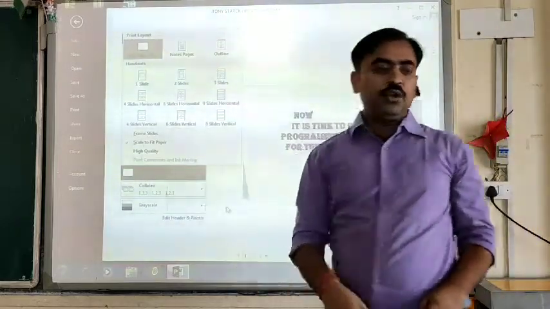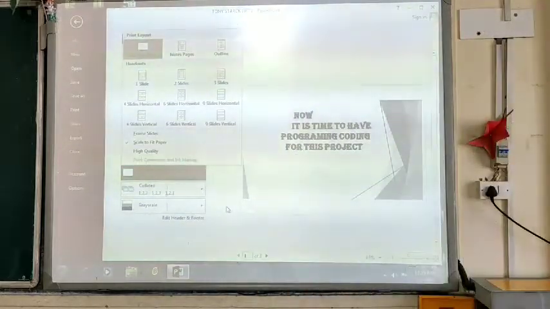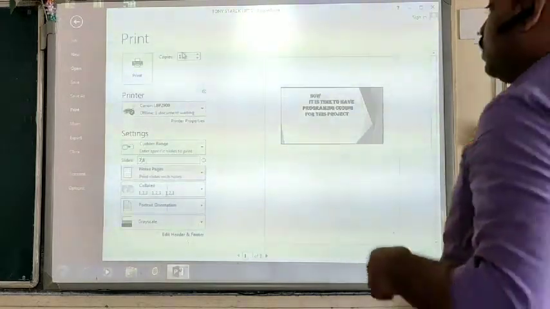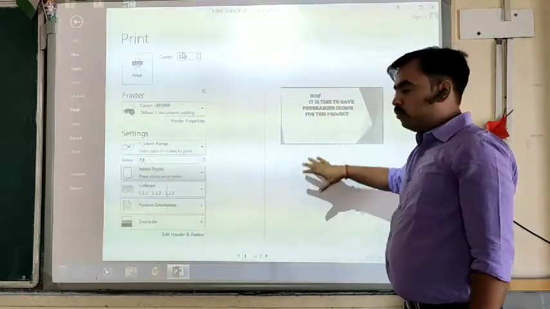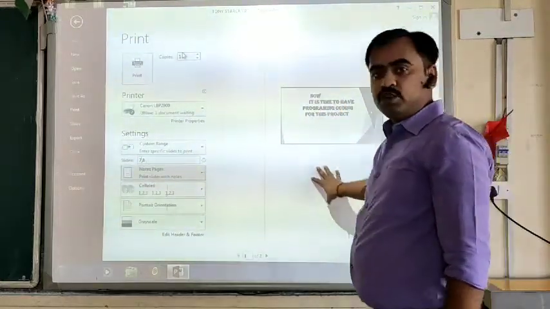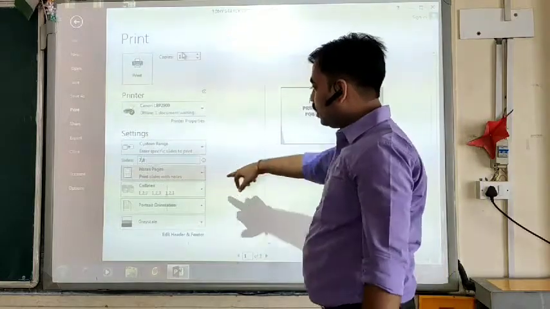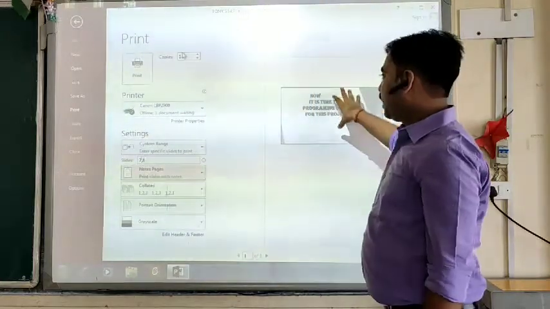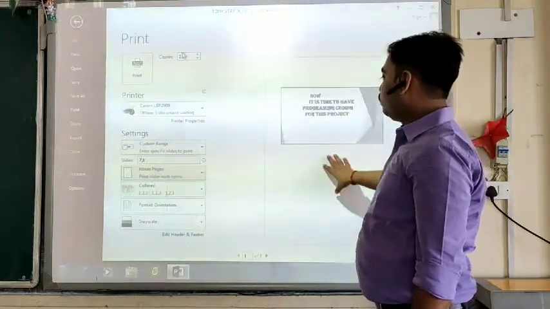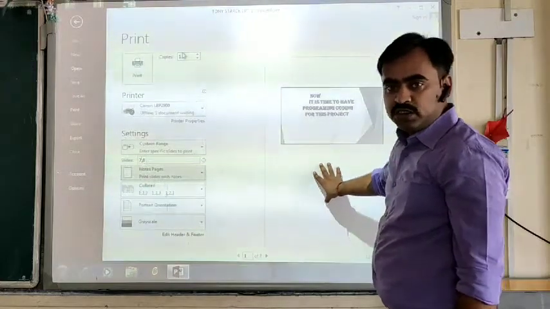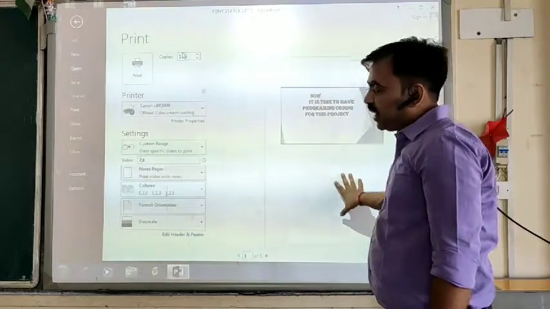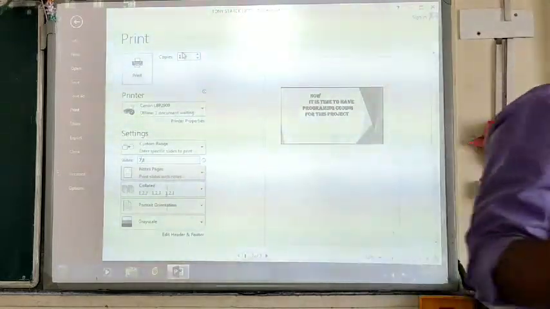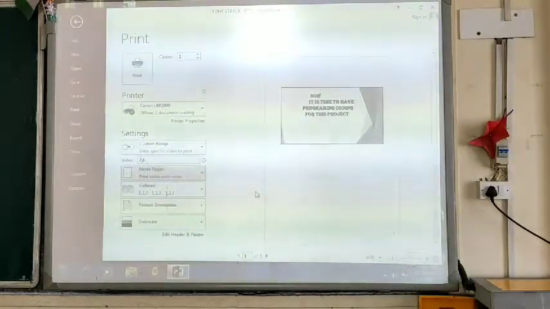If you choose the second option, notes pages, it will print the slide along with the speaker notes or the explanatory notes which you have added for that particular slide. And the third option is outline.